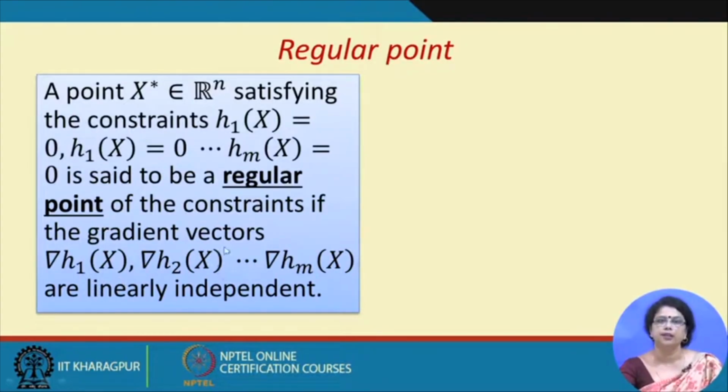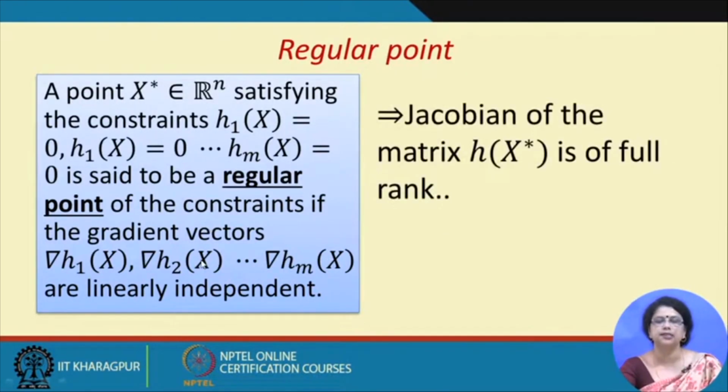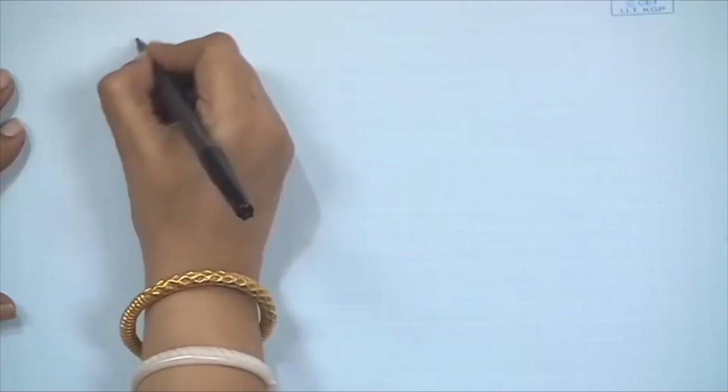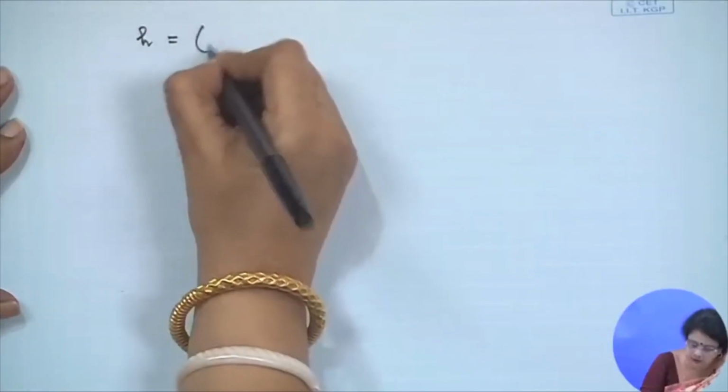Alright. This is the definition. Not only is it in the feasible space for the nonlinear programming problem, but there is another condition: the gradients at the regular point are all independent. In other words, there is another property, that the Jacobian matrix of H at x star is of full rank. What is the meaning of that? I will tell you. What is the Jacobian of H at x star? Now, we know H is equal to